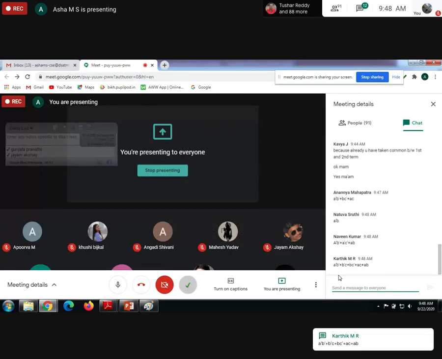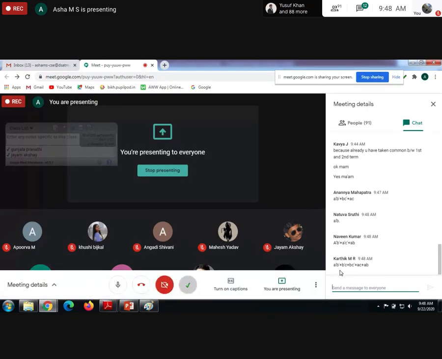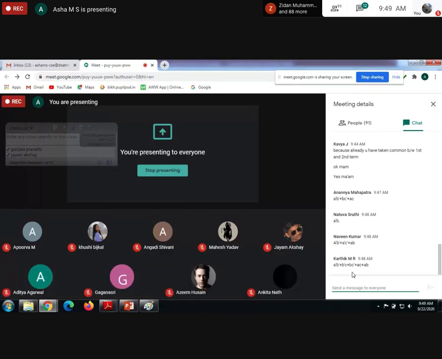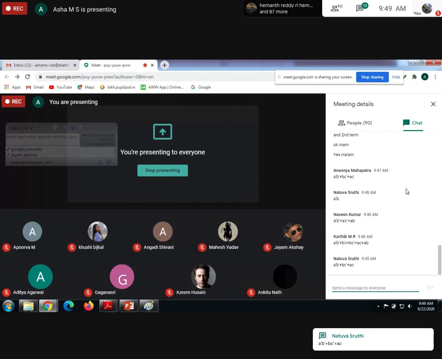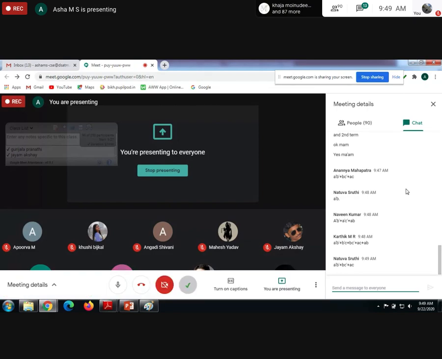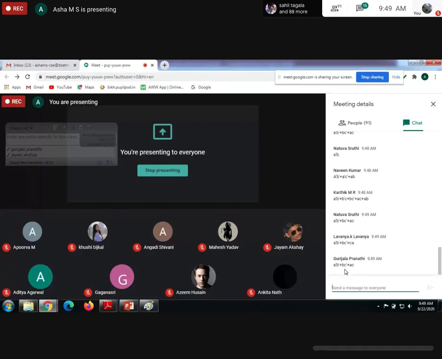Check once. Hey, Karthik got 5 terms. Karthik, it's not correct. You won't get 5 terms, you get only 3 terms: A bar B bar, B C bar, A C. I think you got B bar C, A B extra. Shruti, now it's correct. Lavanya: A bar B bar, B C bar plus A C, correct. Yes, Pranath is correct.